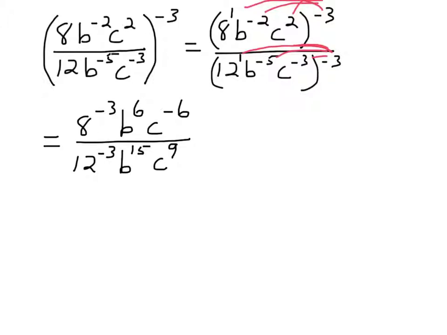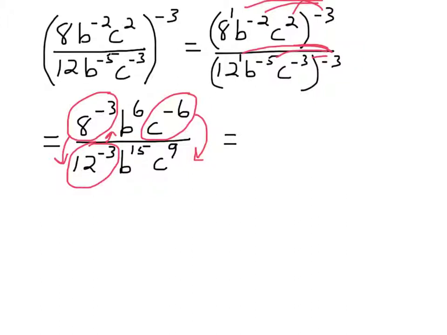Now, once we've removed the parentheses, it's a good idea to eliminate these negative exponents. And remember, the way we do that is by moving them to the opposite position that they're in now. So I'm going to circle all the ones that have negative exponents, and the ones that are in the top, we're going to bring them down to the bottom, and the one that's already in the bottom, we'll bring it up to the top. And we want to rewrite this without any negative exponents. So when we do that, we're going to have 12 to the third in the numerator